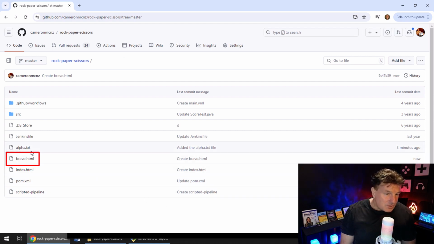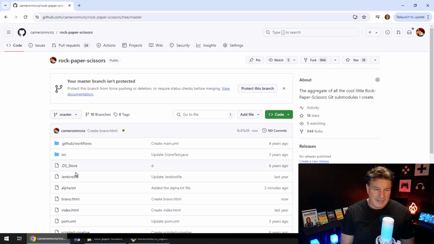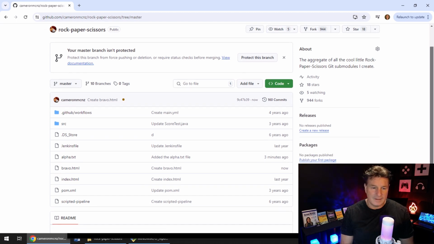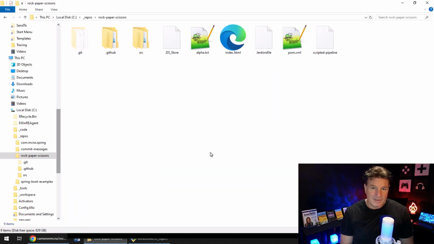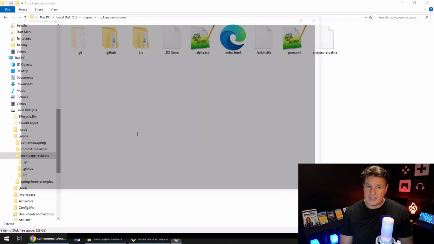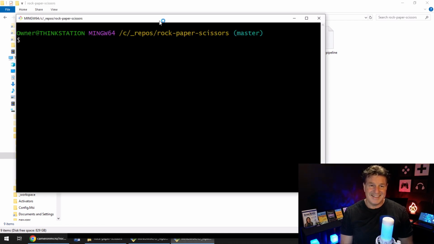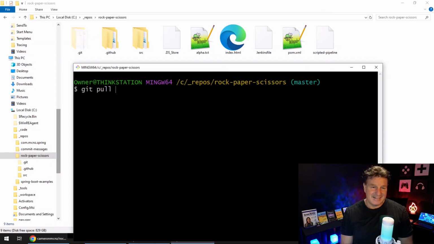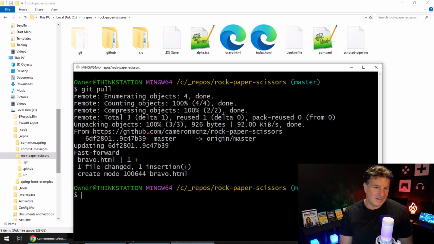You can put code in there if you want. So now on the server, I've got alpha.txt and I've got bravo.html. I'm going to do a little refresh for it to catch up. And so there's bravo.html on the server. But if I come down to my file system, I've got alpha, that's what I created locally, but I don't have bravo. So how do I get it? Well, once again, just right click and say Git Bash here. You can say, hey, I want to pull down all that code from the server. So you say git pull, and assuming you're